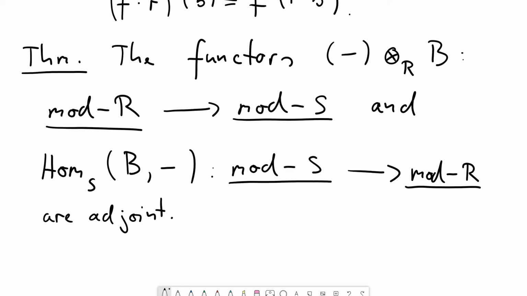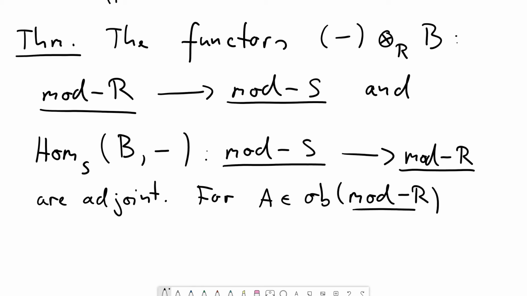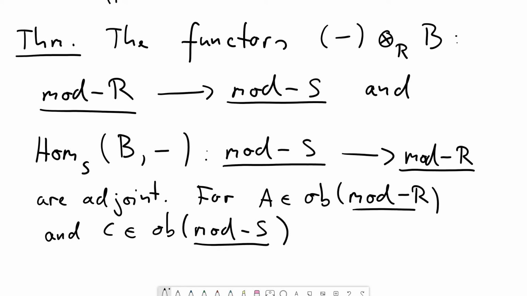So let's put down the Hom set adjunction to make sure we understand what this means. So we fix now some right R module A, so some object in this first category of right R modules. And we fix another object C in this other category of right S modules. And then we have a natural isomorphism between the Hom sets. So we have a natural isomorphism